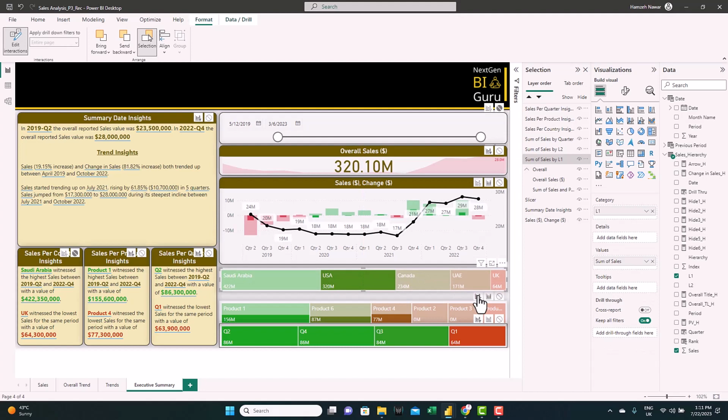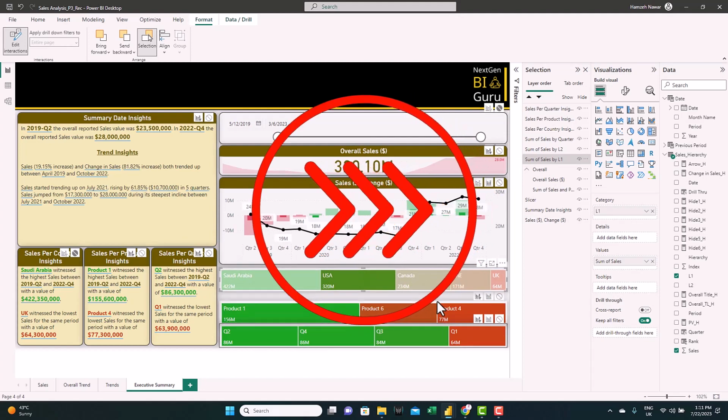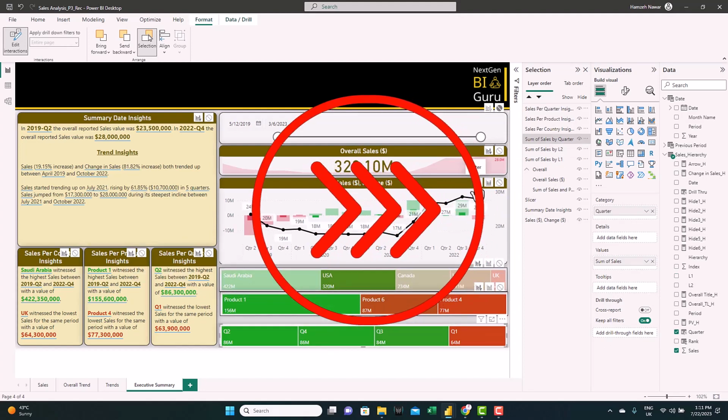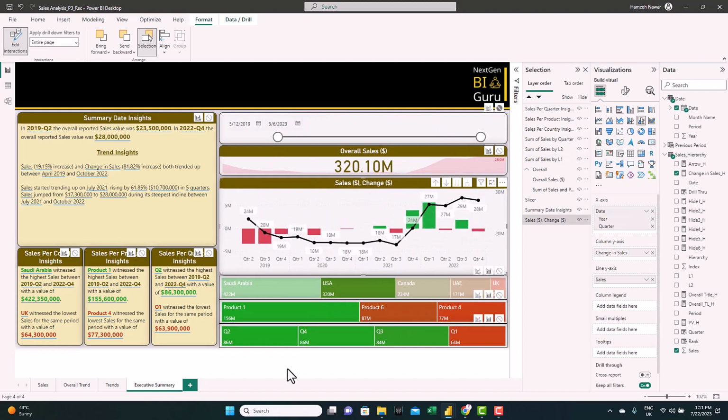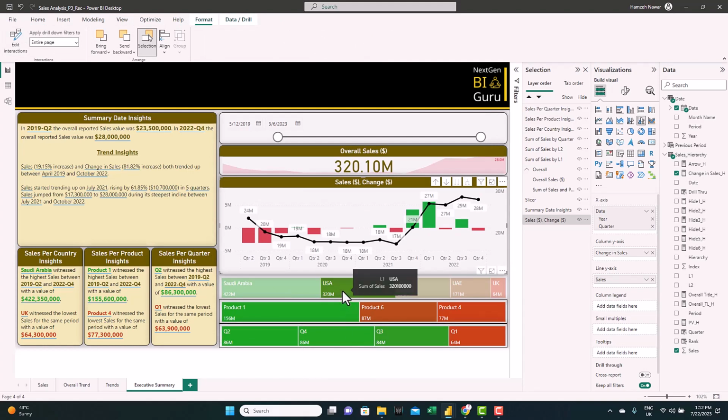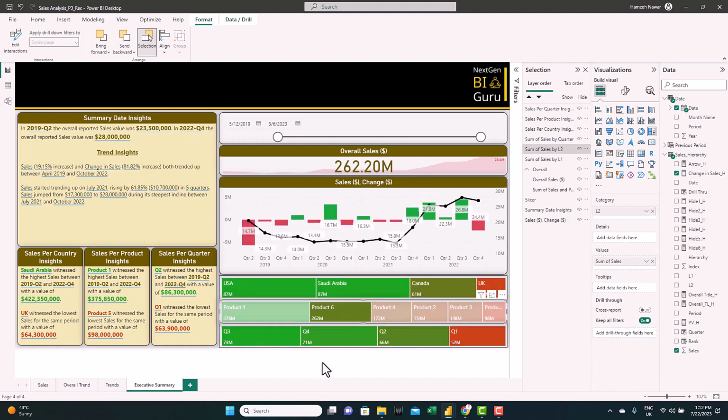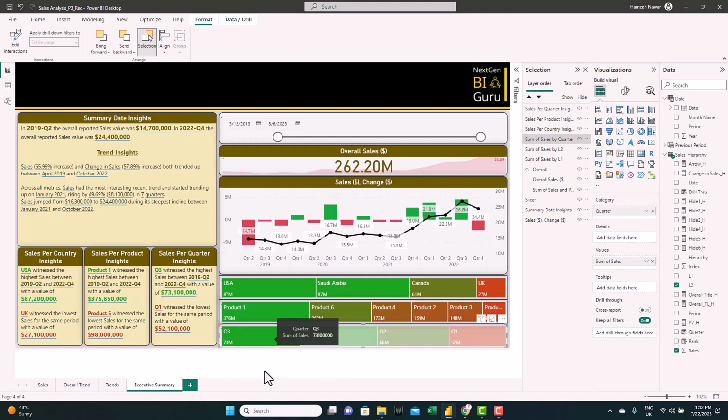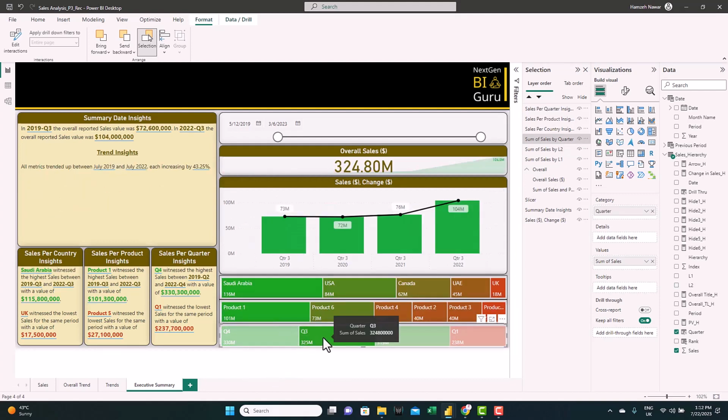And we repeat the same thing for the other two categories, the products and the quarter. And now we have the dynamic values ready and updated as expected. We can see the values look correct. For example, we can see how the insights get regenerated based on the quarter we select. And that concludes the dynamic values.